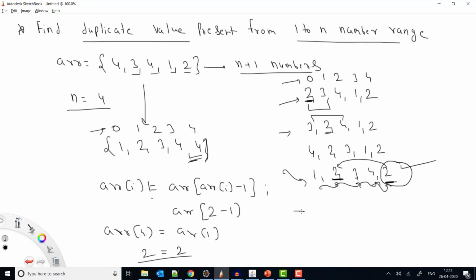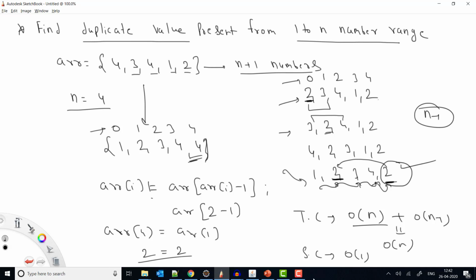Now if you see the time complexity in this case, we are starting from the first index and we keep on doing this. So at the maximum we can have n-1 operations, right? So this will be n-1 operations, but we are starting from here, so we go till the end. So my overall complexity to solve this question is big O of n. This is to iterate, and this is for the swapping operation, big O of n-1. So overall it will be big O of n. And if you talk about the space complexity, because I am not using any extra space, it will be big O of 1, right?